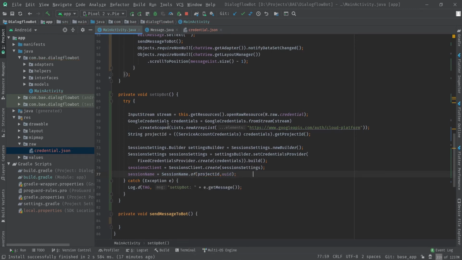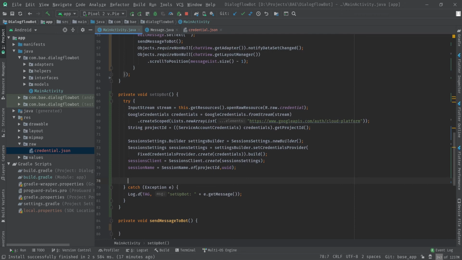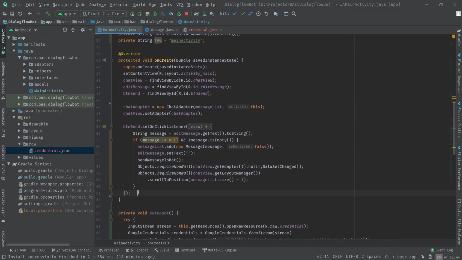To check whether the setup bot process is done properly, I'm logging the project ID fetched. I'm calling this method in onCreate.